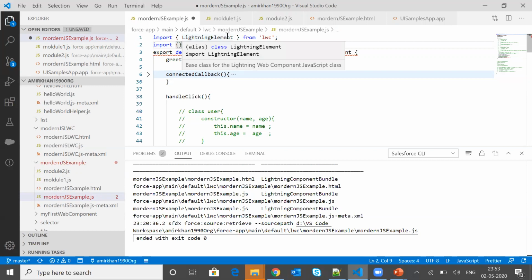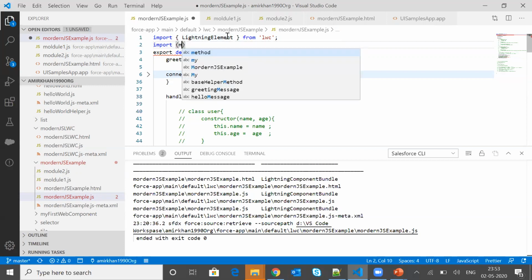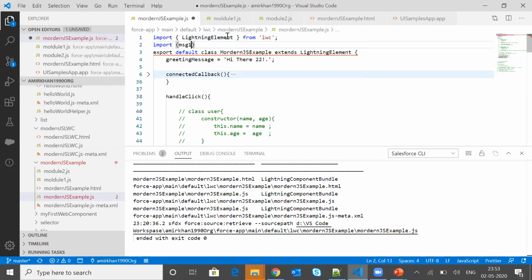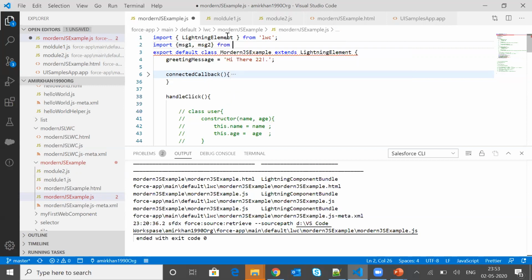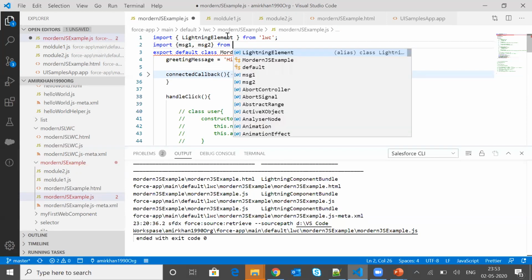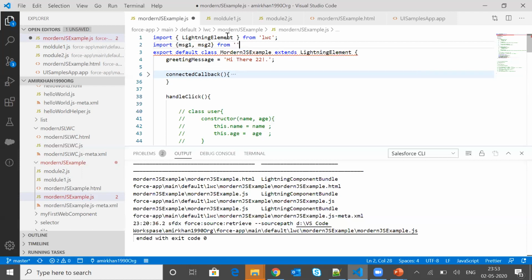Your two properties, that is msg1 comma msg2, from which javascript file. The name of the javascript is module 2, module2.js.